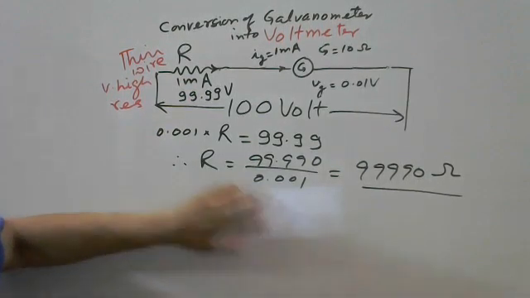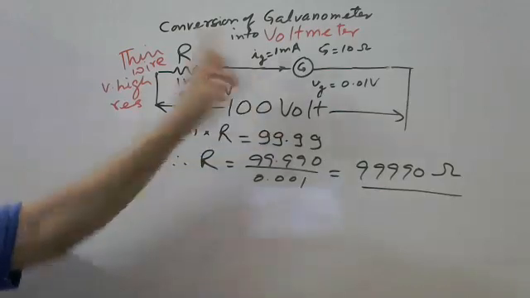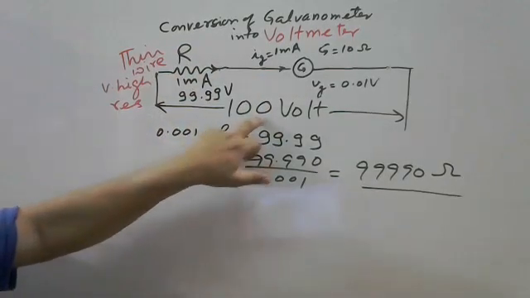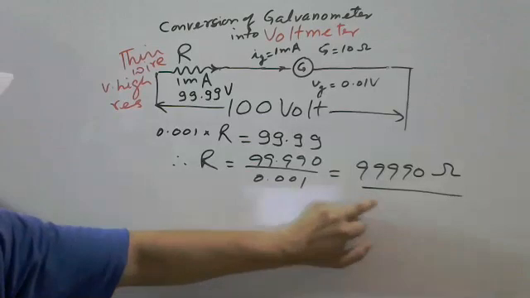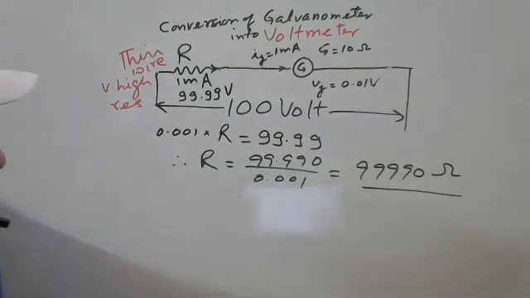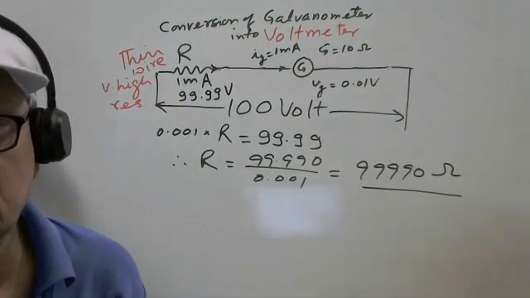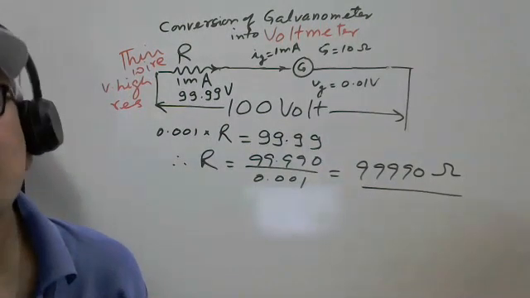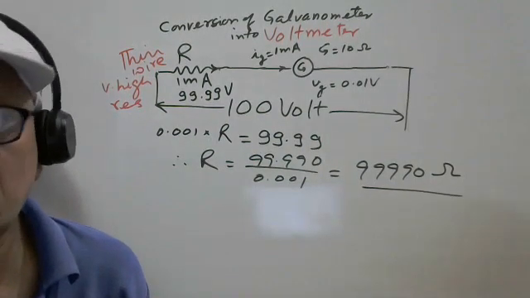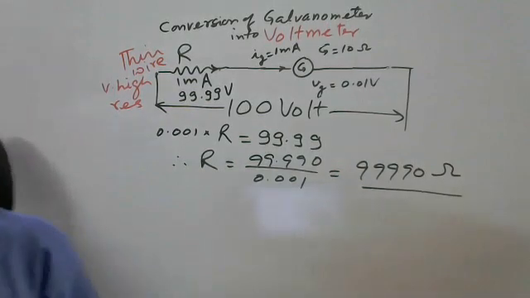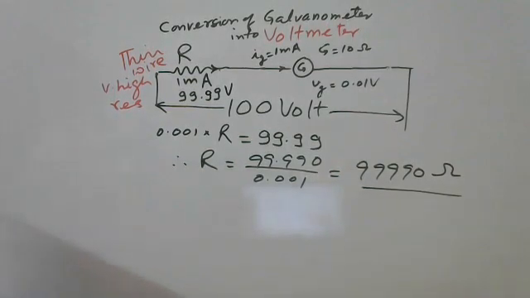Okay, so if we are converting this galvanometer into a 100 volt voltmeter, we have to connect this very high resistance, 99990 ohm, in series. This way we can easily calculate the shunt resistance in case of an ammeter and the series high resistance in case of a voltmeter for any given numerical. Okay, we have taken the two cases, so we can solve numericals now, no problem.